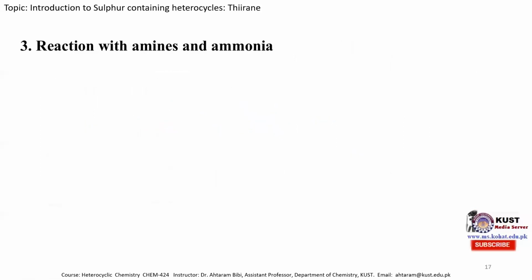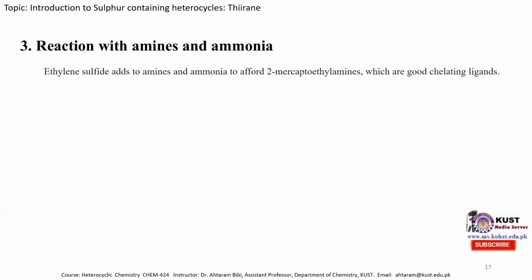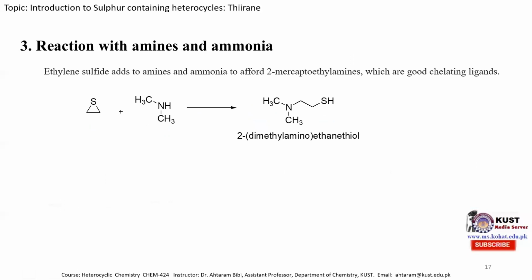Next, the last reaction is the reaction with amines and ammonia. With amines and ammonia, it affords 2-mercaptoethylamines, which are good chelating agents. This is thiirane when it is treated with a secondary amine. Then we can obtain the 2-dimethylaminoethane thiol. The ring opening happens. This pair of electrons of nitrogen attacks on this carbon atom, and the ring opening happens, in which sulfur takes hydrogen from here. So we obtain the